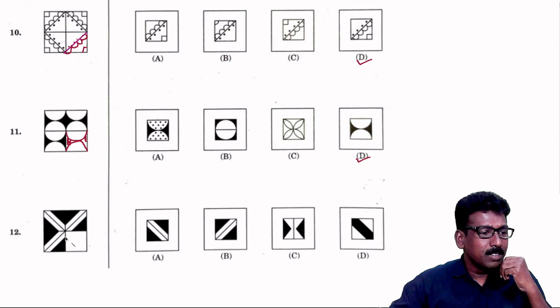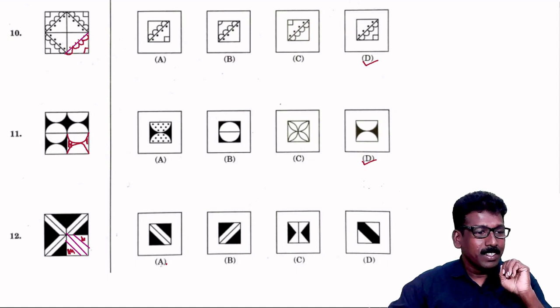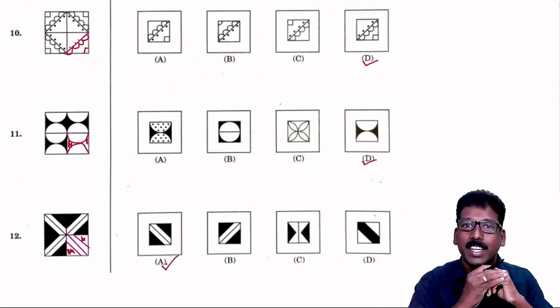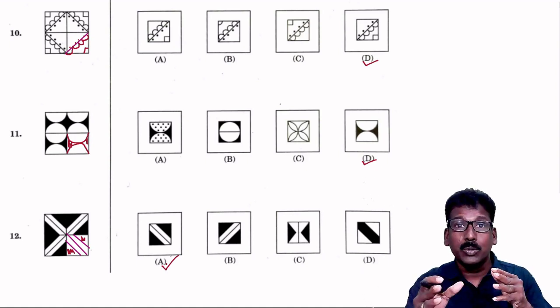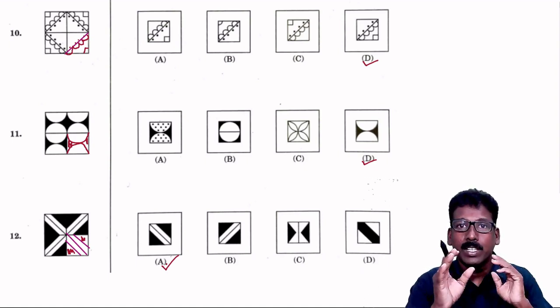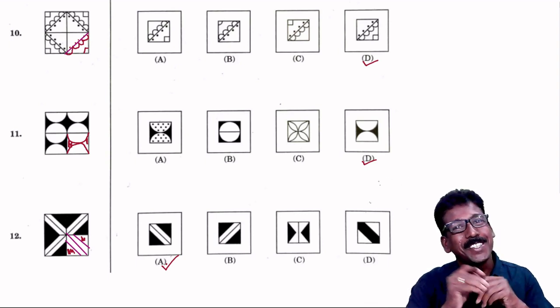Here you can see two line segments are drawn in this way and joined here. Now the remaining triangular portion is shaded. You can see, yes, the first option A itself is correct. So A is your correct option. So what you have to do is darken the correct option in the OMR sheet, not in the